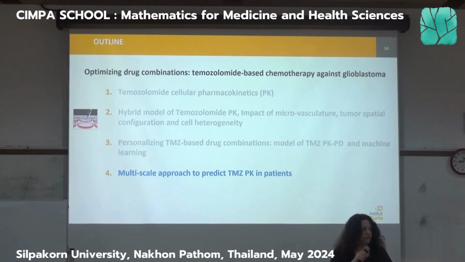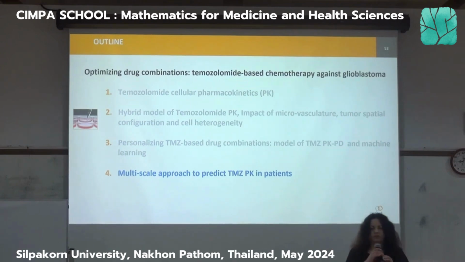Remember that yesterday we saw several PK-PD models, including one ODE-based model at the cell level for the PK only of the drug, one spatial model also for the PK only, and then one ODE model at the PK-PD level. Everything was at the level of the cells. I have put here a picture of a Petri dish. This is typically something that we can model with the mathematical models I showed you.